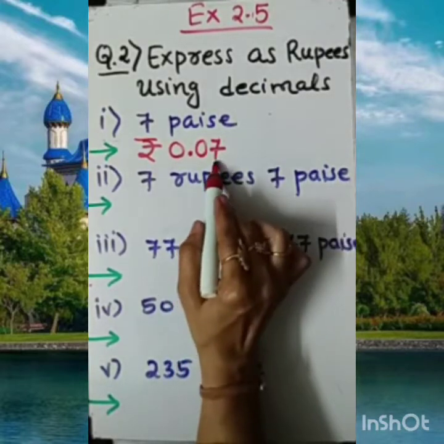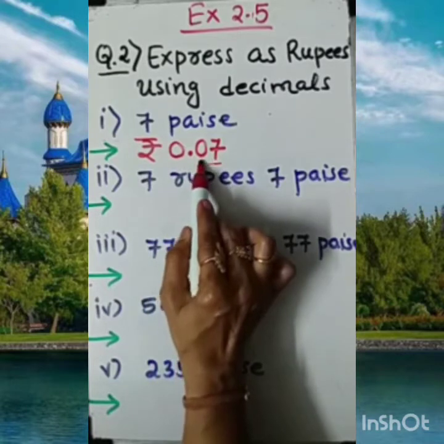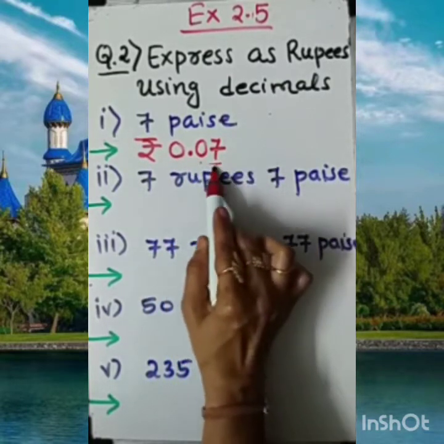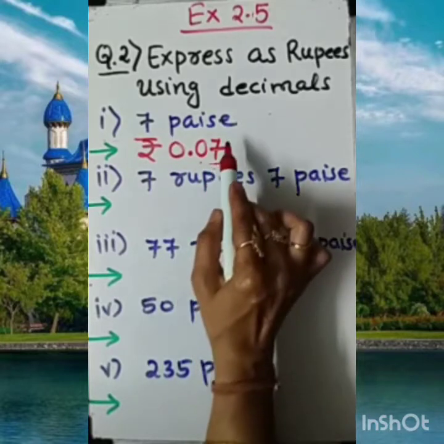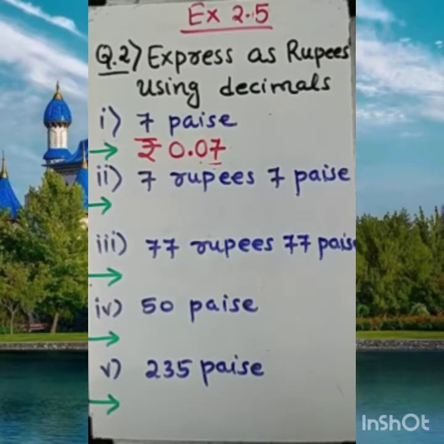And which one is the 100th place? This. Because immediately after the decimal, the first is the 10th place, the second is the 100th place, and if I write a third one, then it will be the 1000th place. Clear to you? So the answer is